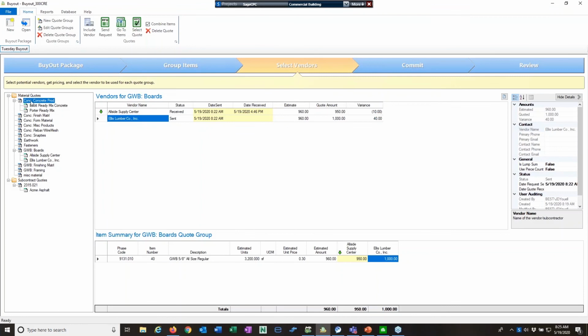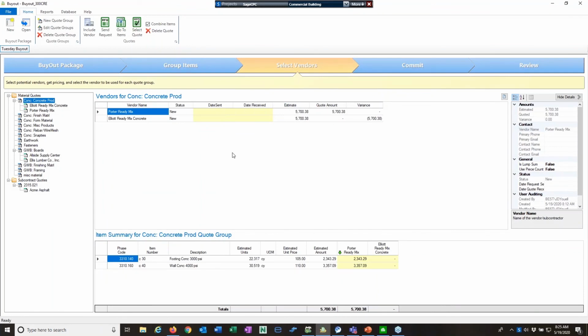Let's go up here to the concrete products, and I've got a quote for $5,700 from Porter Ready Mix. I can come in here and I can say, you know what, I am going to use this vendor. So I'm going to select this quote. But before I do that, what I want to show you here is